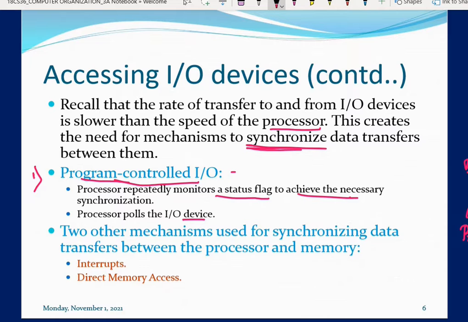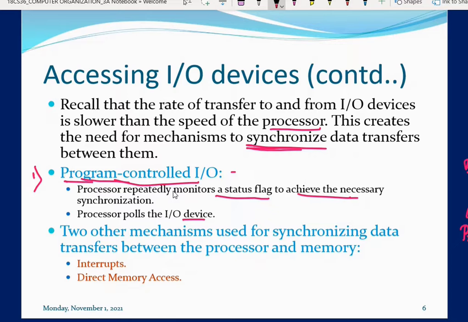Instead, if the student itself tells me, I have done the assignment, then it is easy, because I can check only that particular student's assignment. For the others, I will come to know that they have not done it. So this is one simple example you need to understand: how program controlled IO works and what its drawback is.